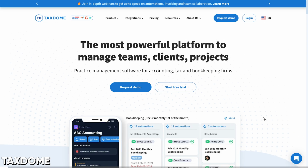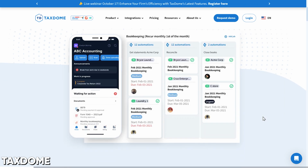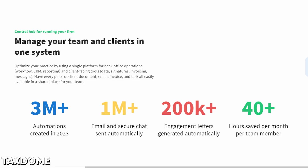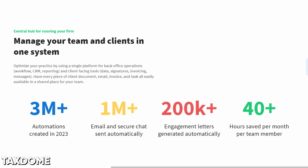Okay, this next one, it is a workflow automation nerd's dream, is Taxstone. One could argue the best platform today to run super automated service lines from end to end. There are inherently trade-offs with that, but Taxstone will let you trigger all sorts of things each step along the way in your workflows. Sending out the email that goes out with that step, the request with this step,